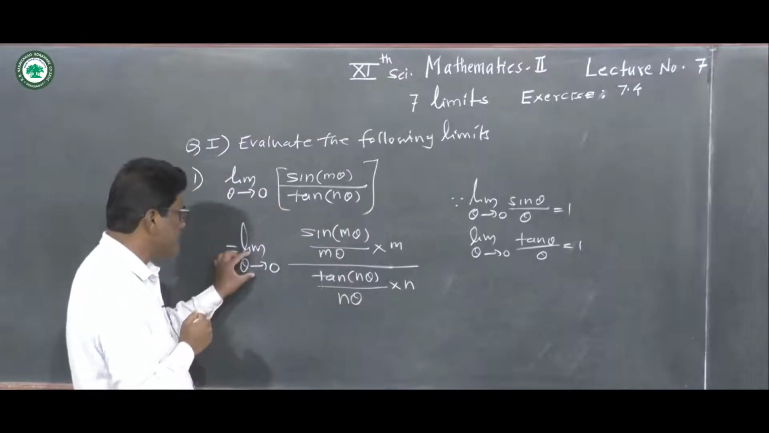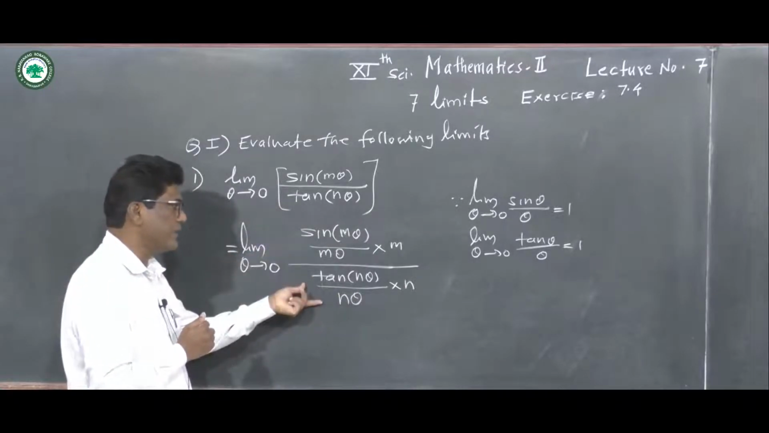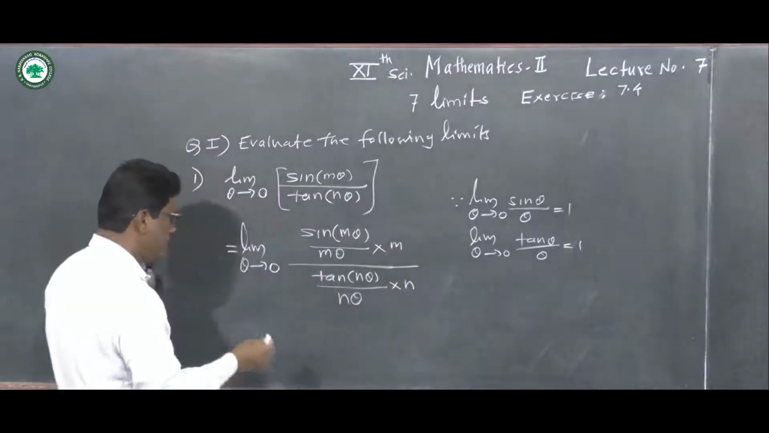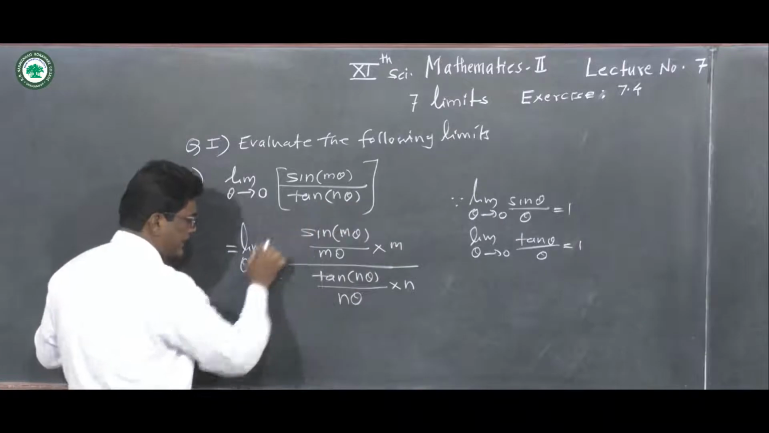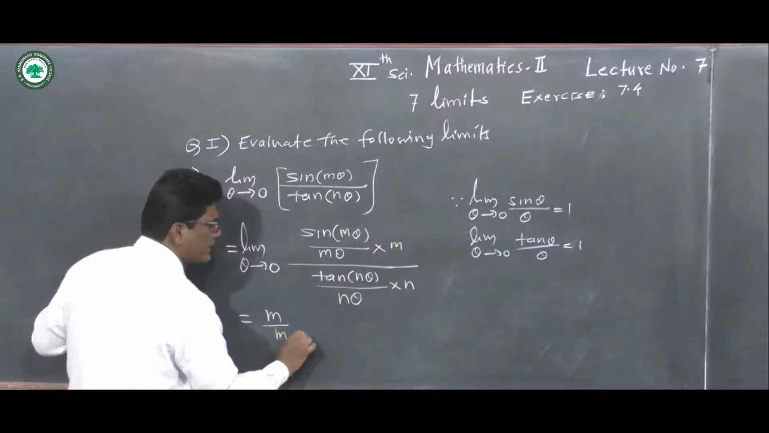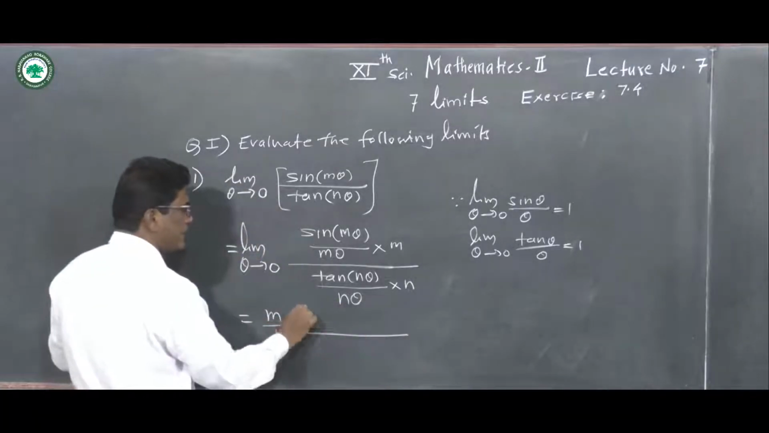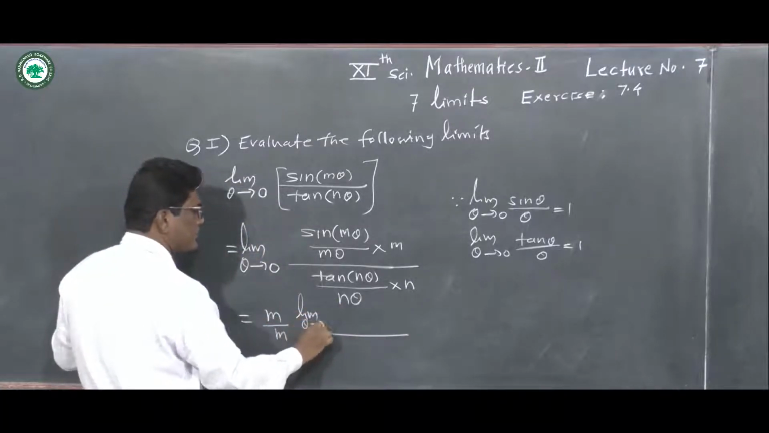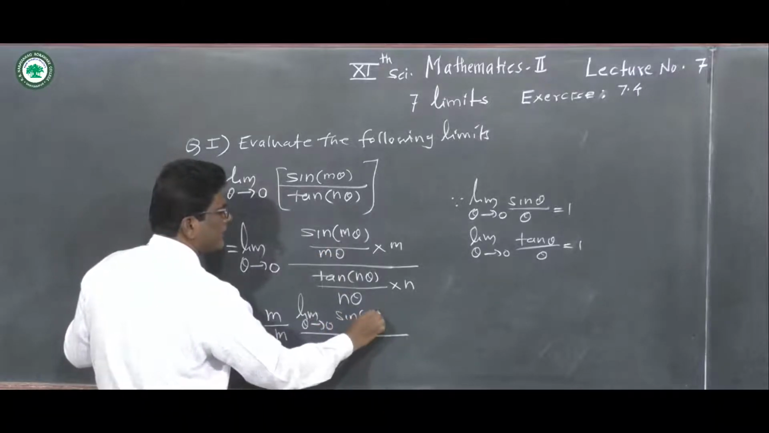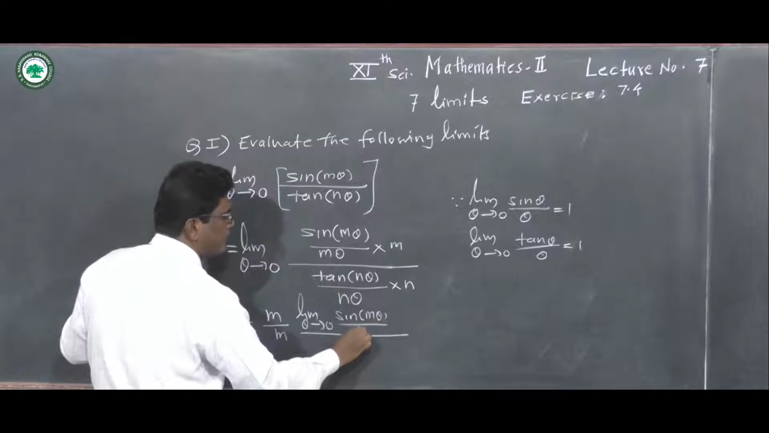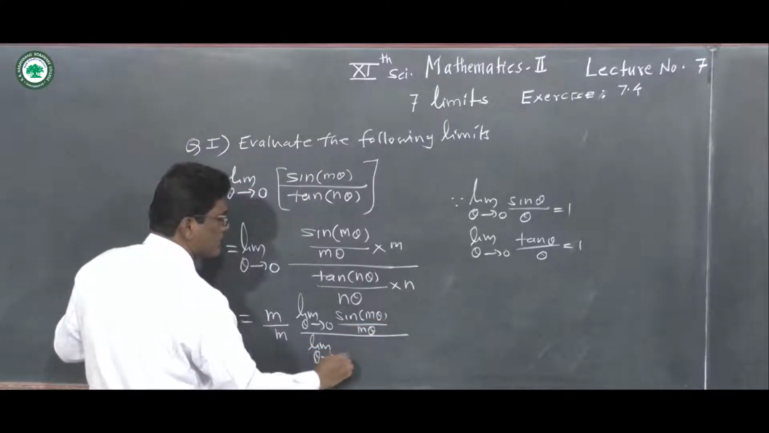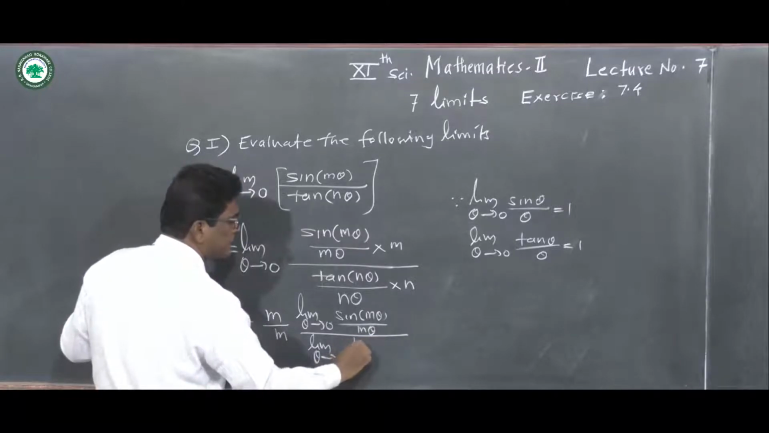And now here we separate the limit into numerator and denominator. Now this m and n are constants, so we take them outside the limit. So it is equal to m in the numerator and n in the denominator, so m upon n, into limit as theta tends to 0 of sine m theta divided by m theta in the numerator, and in the denominator limit theta tends to 0 of tan n theta